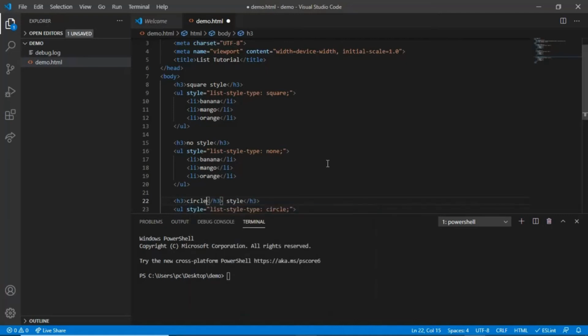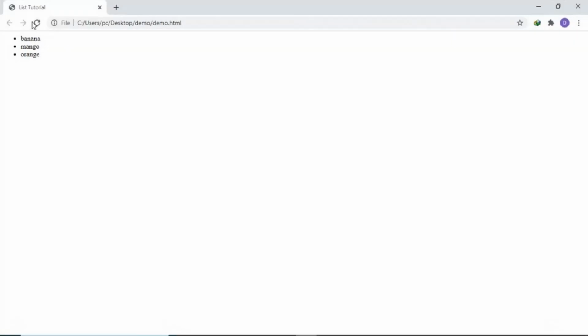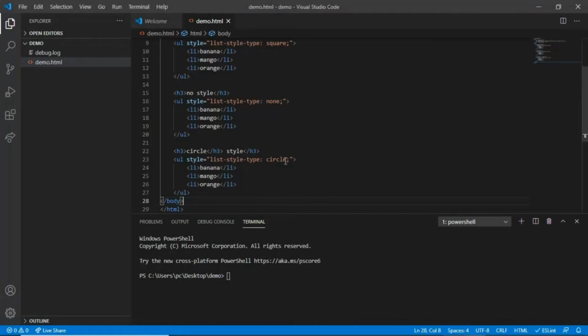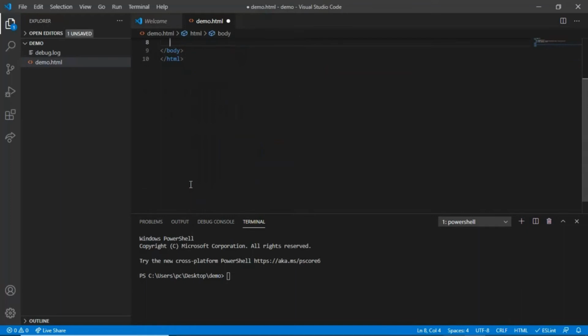Let's save and quickly see how it looks. So this is square, this is no style, circle. Alright, so this is how we implement an unordered list. Let's quickly see how we can change this to an ordered list. We use the ordered list tag like this, and then we list our items. So we have banana,